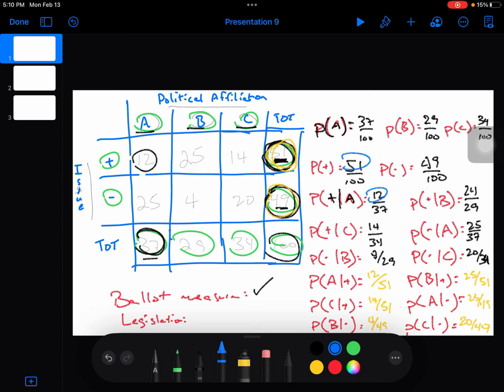So then Party A is not for that issue about, it should be roughly 19 or 18 out of 37,